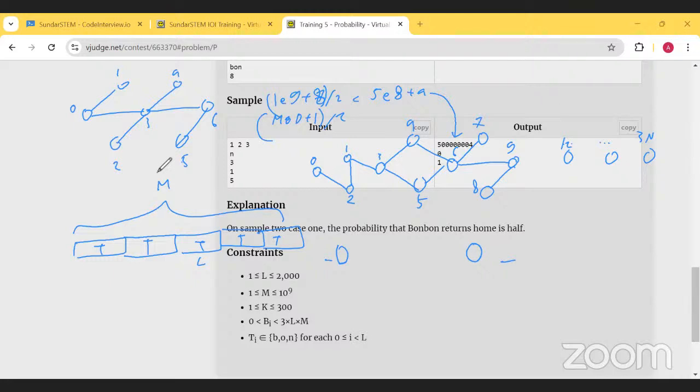And then what if we start from node 1? Then there is no other option except we have to move here and we lost the game. So the probability is just 0 because we always lost. And how about if we start from 5 here? We can just move it here, so we always win. So the probability is just 1. Okay,